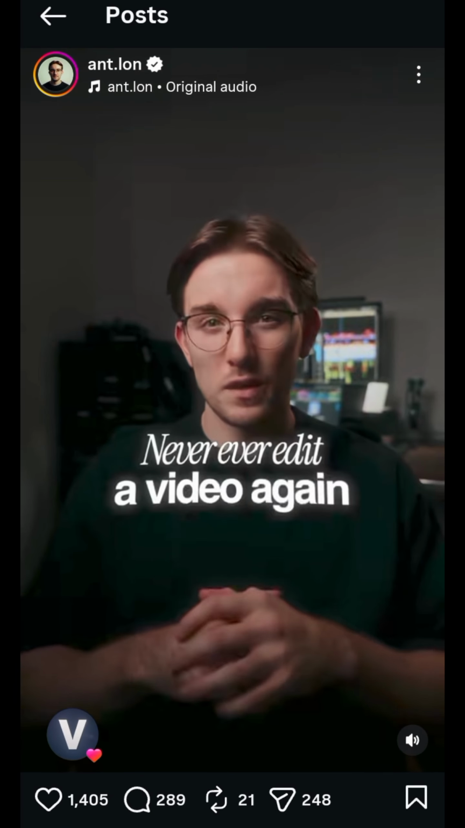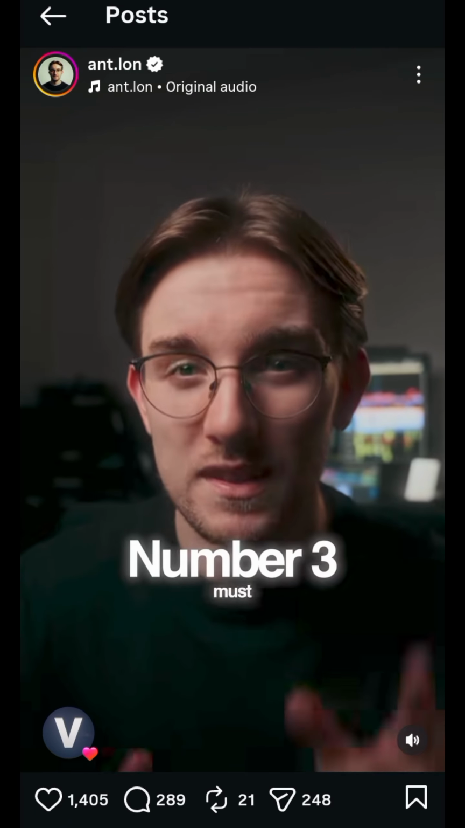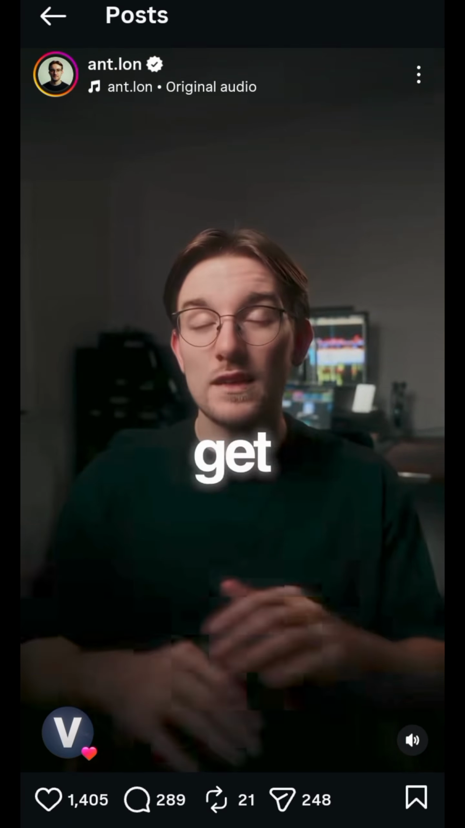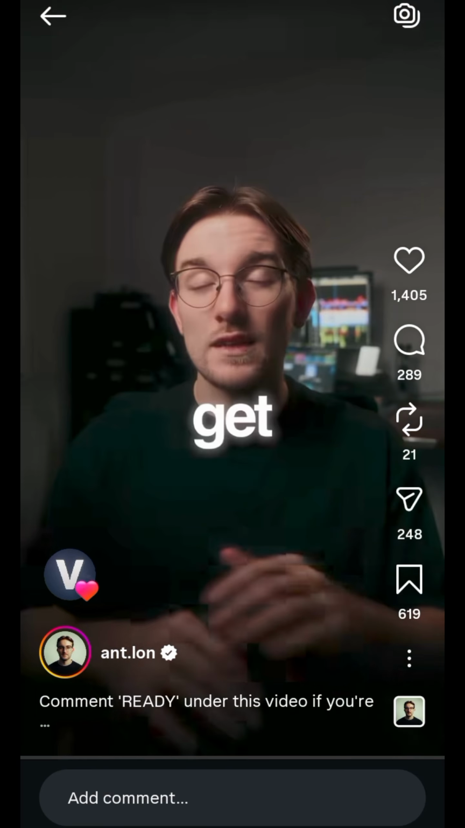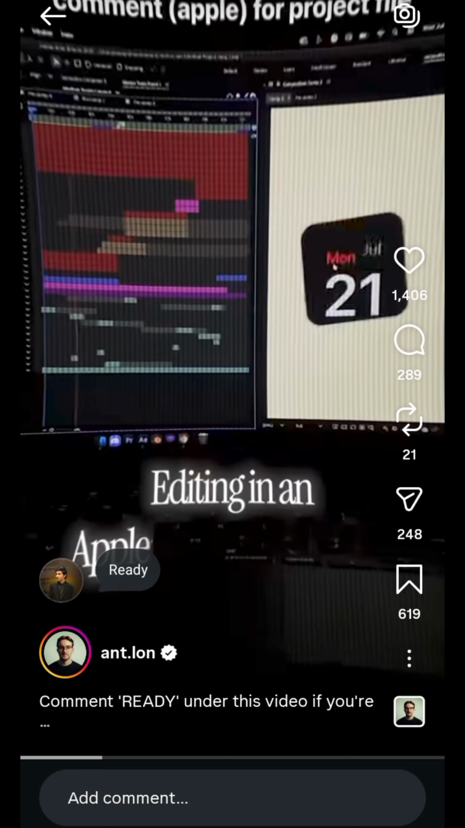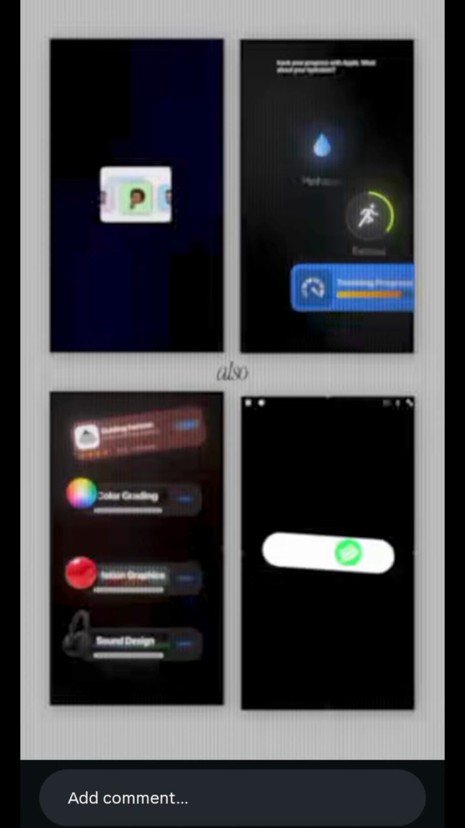Never ever edit a video again until you change those 3 bad habits. And trust me, number 3 is a must. Number 1, you're editing a video from an editor's perspective. Most editors get completely sucked into the process and forget what actually matters. Editing in an Apple UI style animation is cool for sure, and it's also